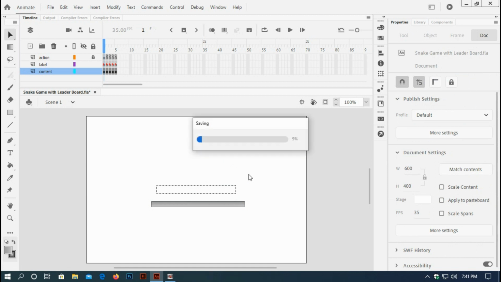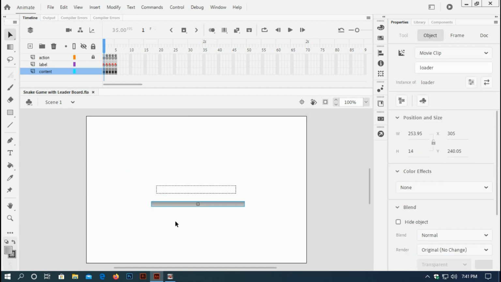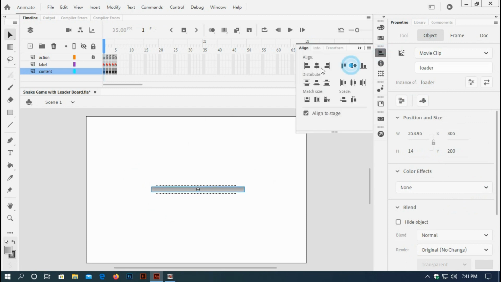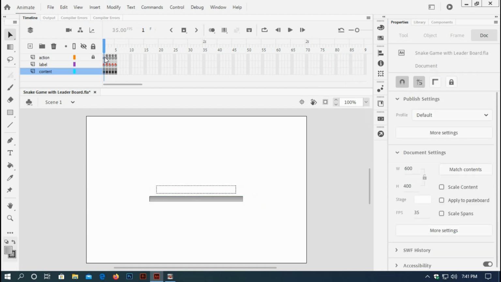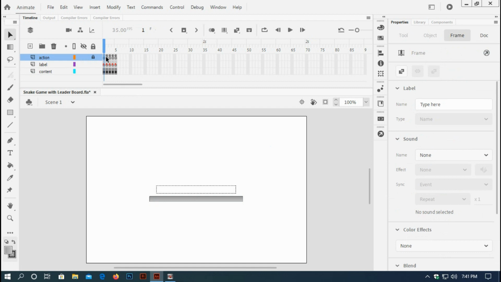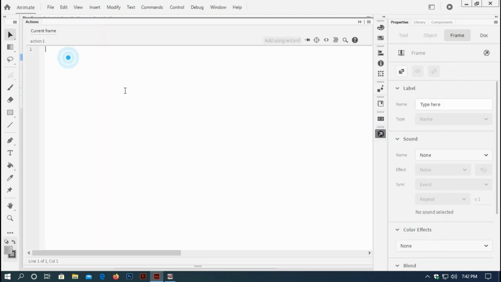So I'll select this and align it a little bit below the text. Okay, it is done, and I'll select the first frame and go to action and type stop,